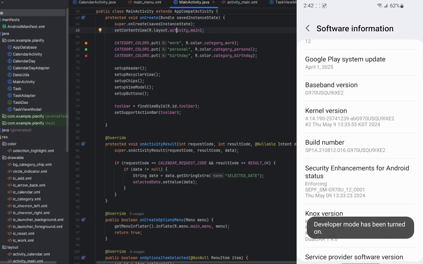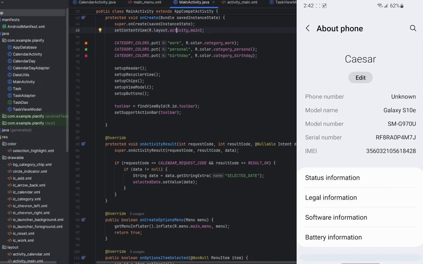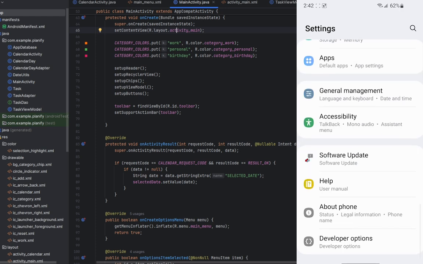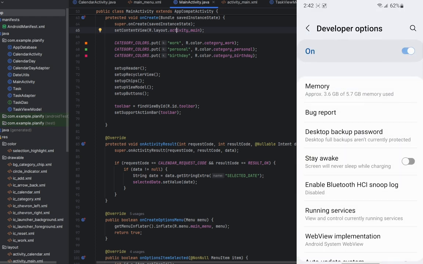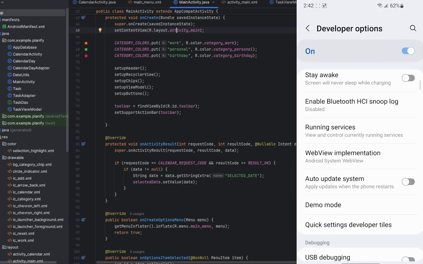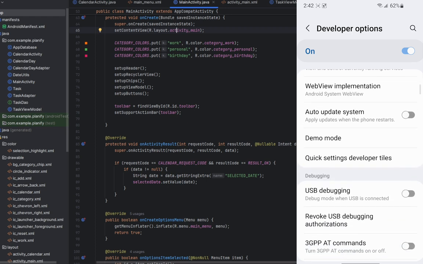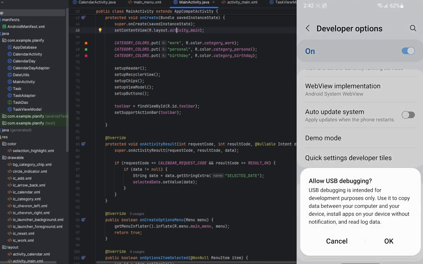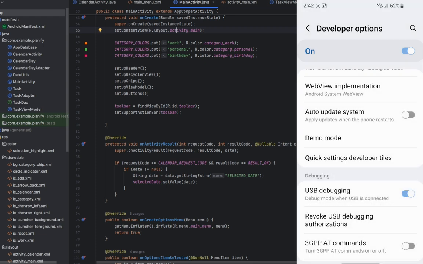Then developer mode has been turned on. Then you're going to go back and you're going to see developer options here turned on. You're going to scroll, and then for USB debugging, you're going to turn this on. So allow USB debugging. Once you have clicked on allow USB debugging and given authorization, now you're going to connect